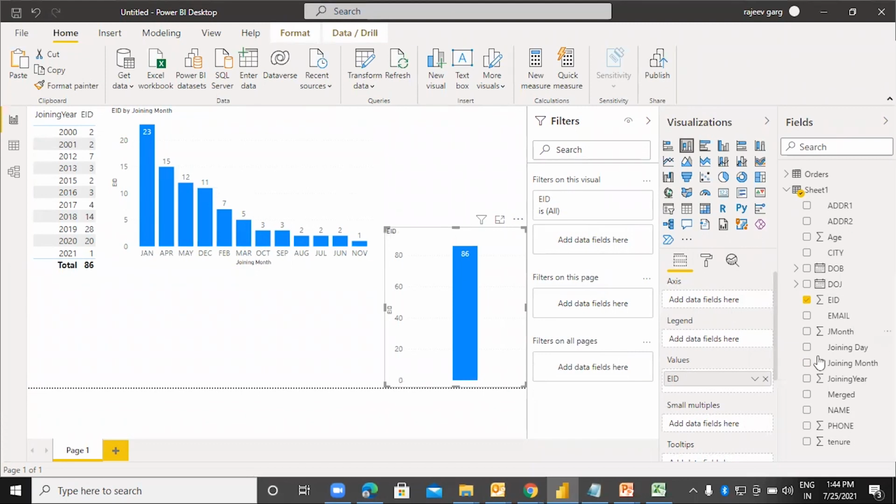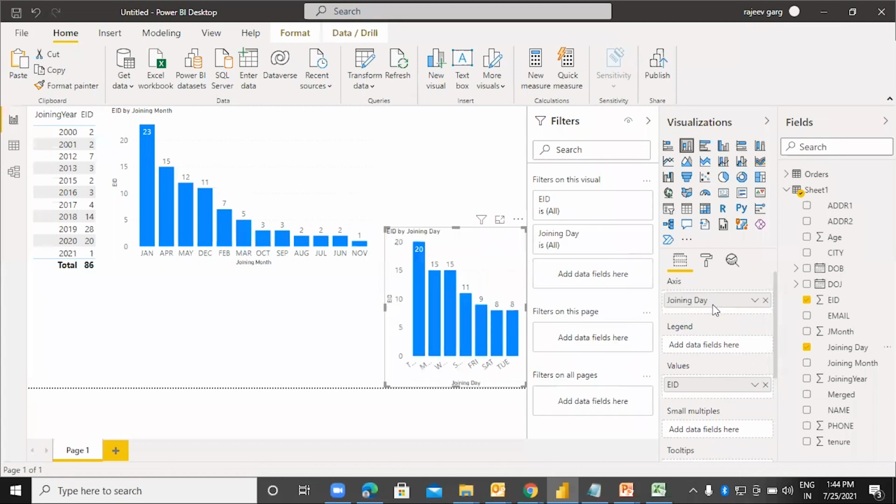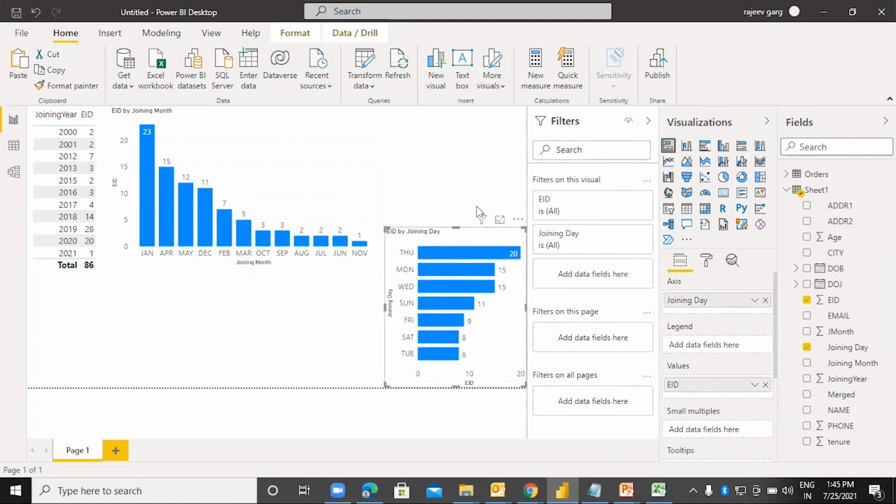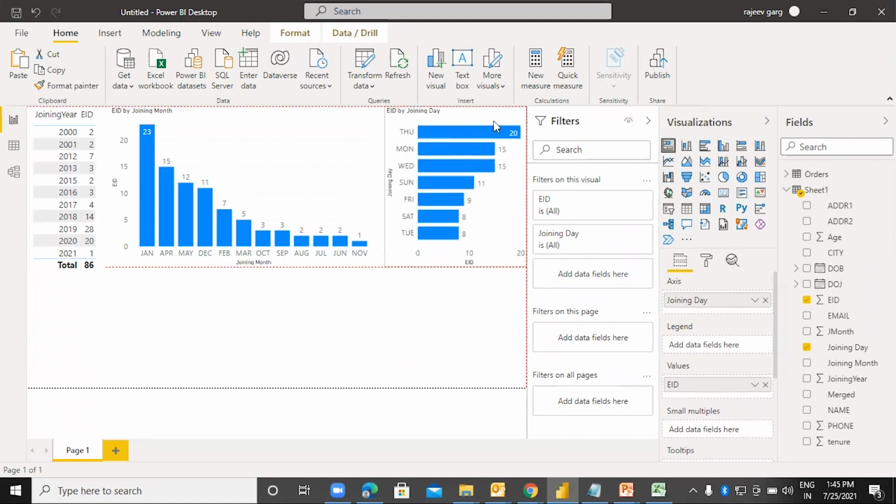And I would like to put a joining day over here. Here it is. So you can see that the maximum joining has been done on Thursday and the minimum joining has been done on Saturday and Tuesday.